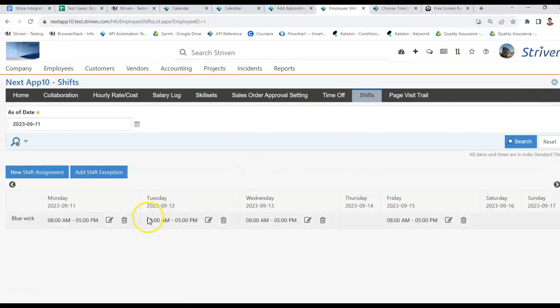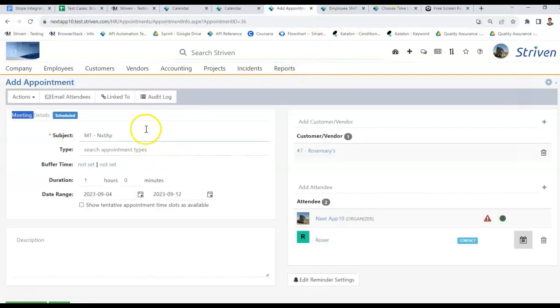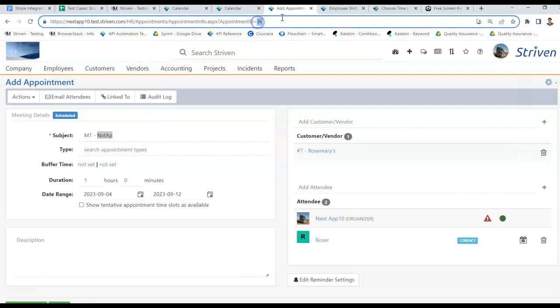And if I go to the next week, I can see the shift is from 8 a.m. to 5 p.m. for all the days. Now if I create a meeting request, now let's say I'm going to